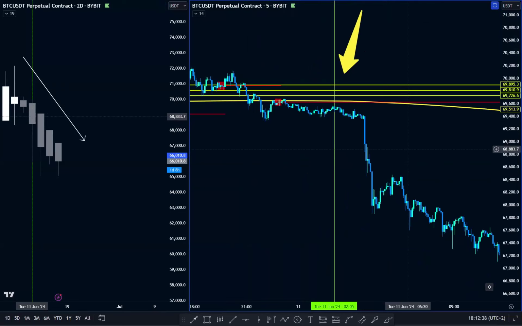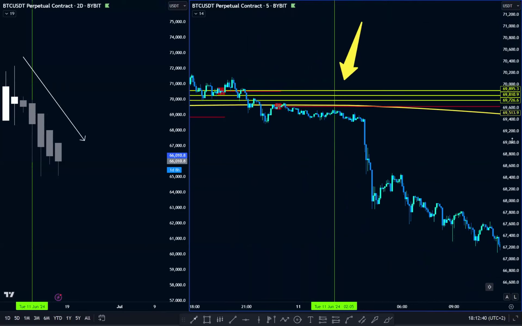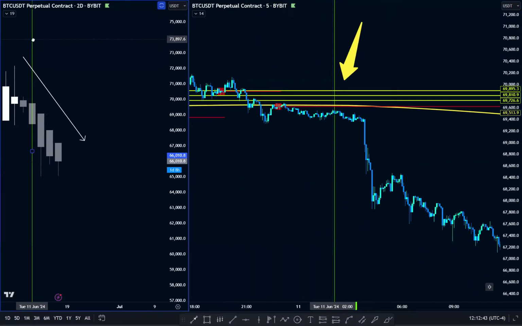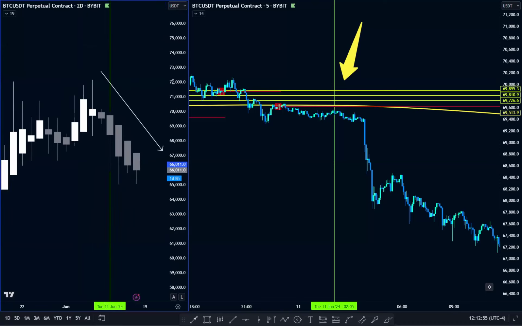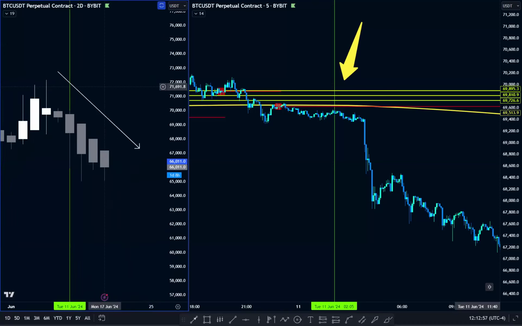Seth, if we look, has that flatback closed? By the time you've identified this entry point, has that flatback closed, or is it in the middle of closing? At which entry, where in the process of the flatbacks on the 2 day would you then go to the 5-minute chart? What do you see when the flatback closes? I wouldn't